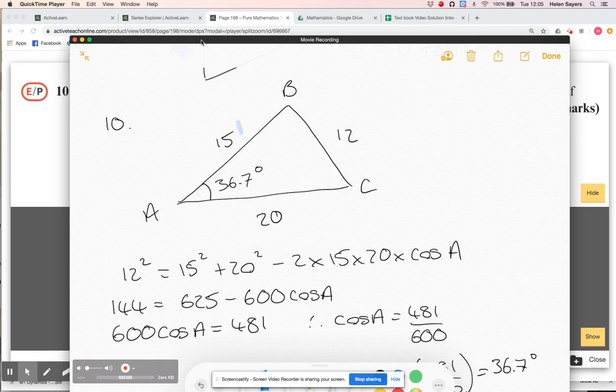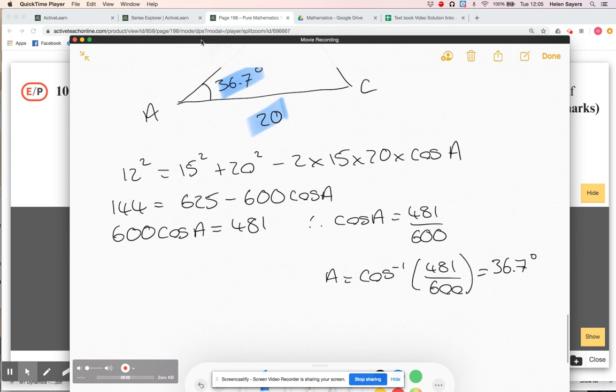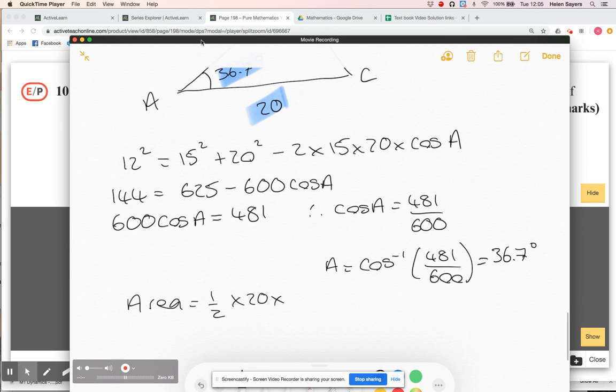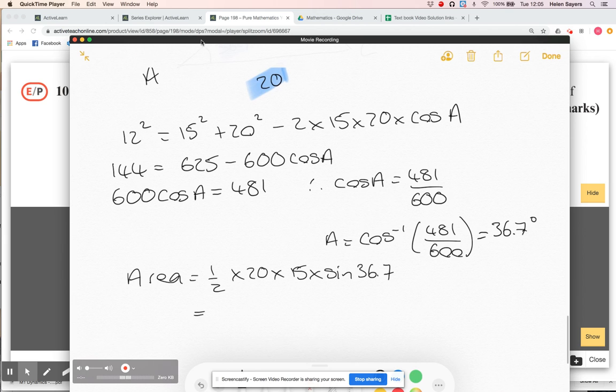Area of a triangle is half ab sine C, so you just need two adjacent sides and the angle between them. So area is half times 20 times 15 times sine of the angle between them. So that is just straight into my calculator. Again, I haven't cleared the 36.7, so I'll just use that full answer. So sine of answer times a half times 20 times 15. So that is coming out as 89 point